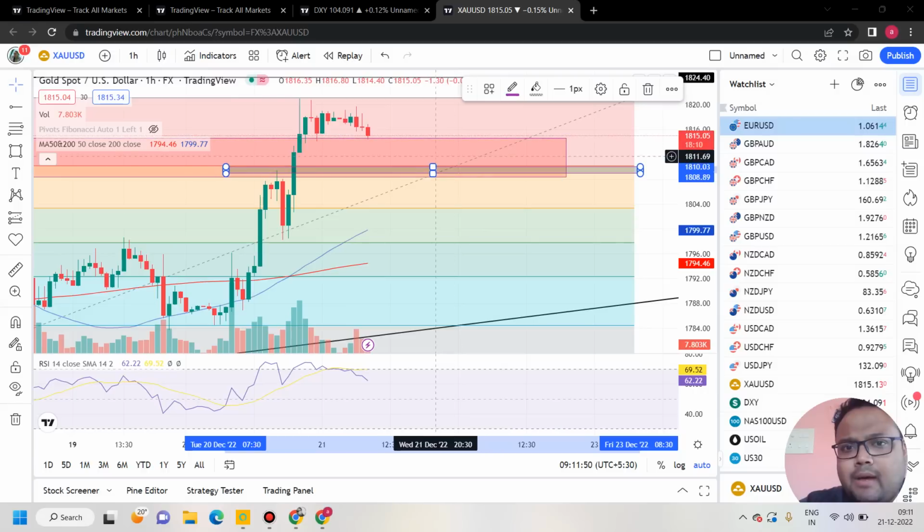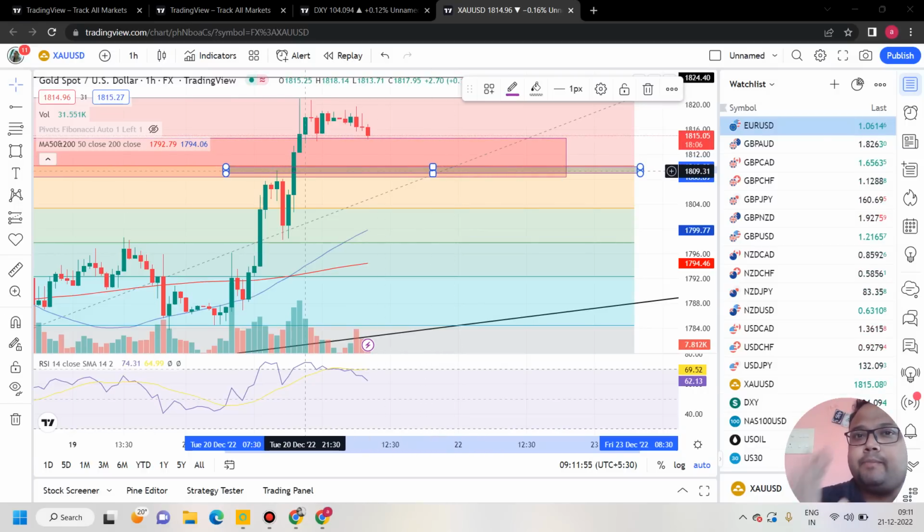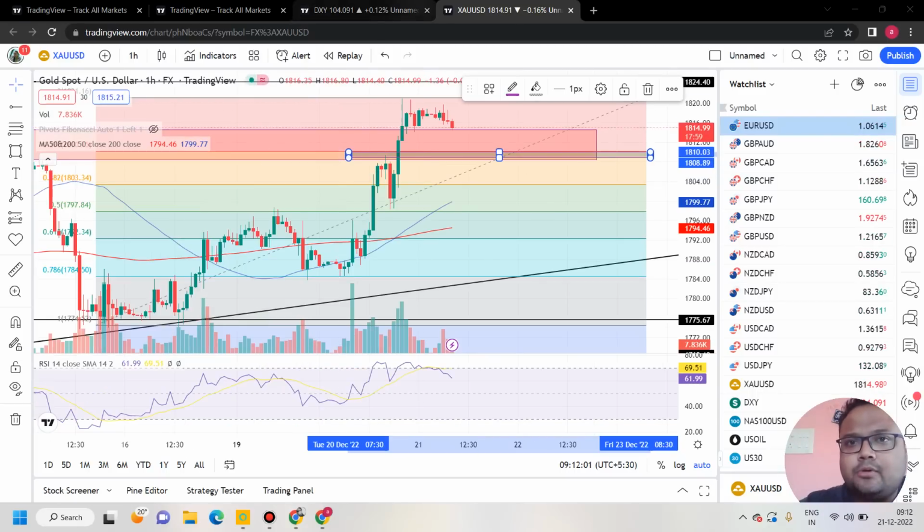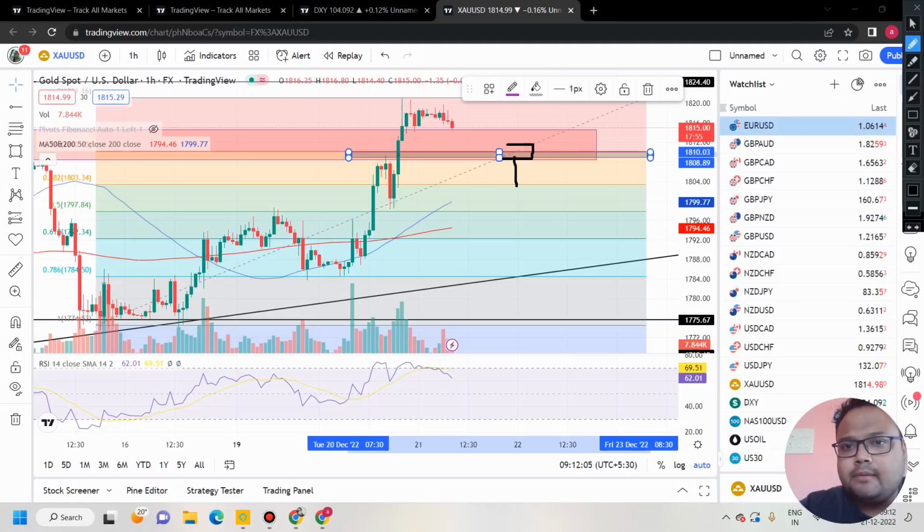So when the market comes down to this level, observe the market. Keep in mind this is not a strong level where you can place a buy limit. If you see the market is trying to take support, forming a hammer pattern, forming a bullish engulfing pattern or showing good price rejections from below, you can consider taking a buy